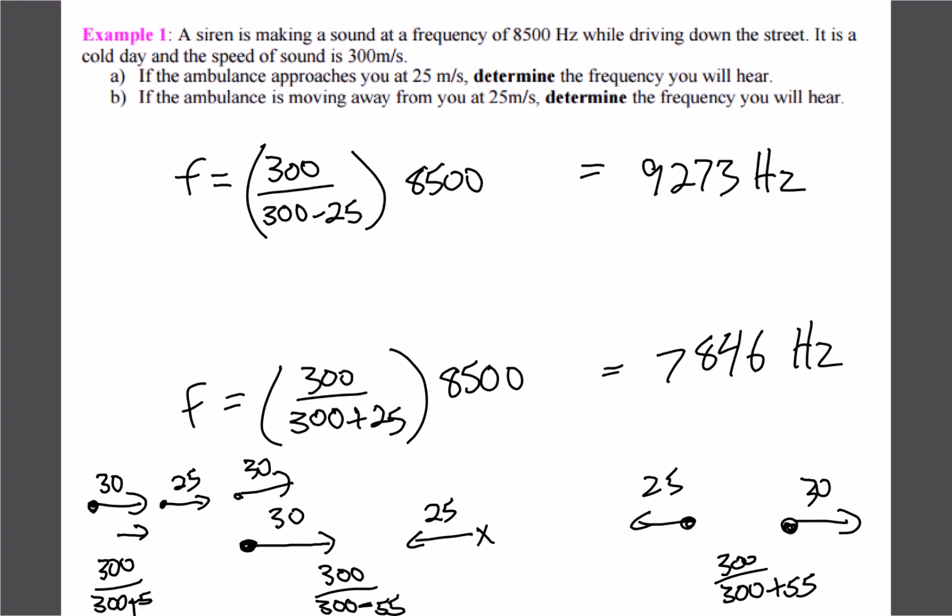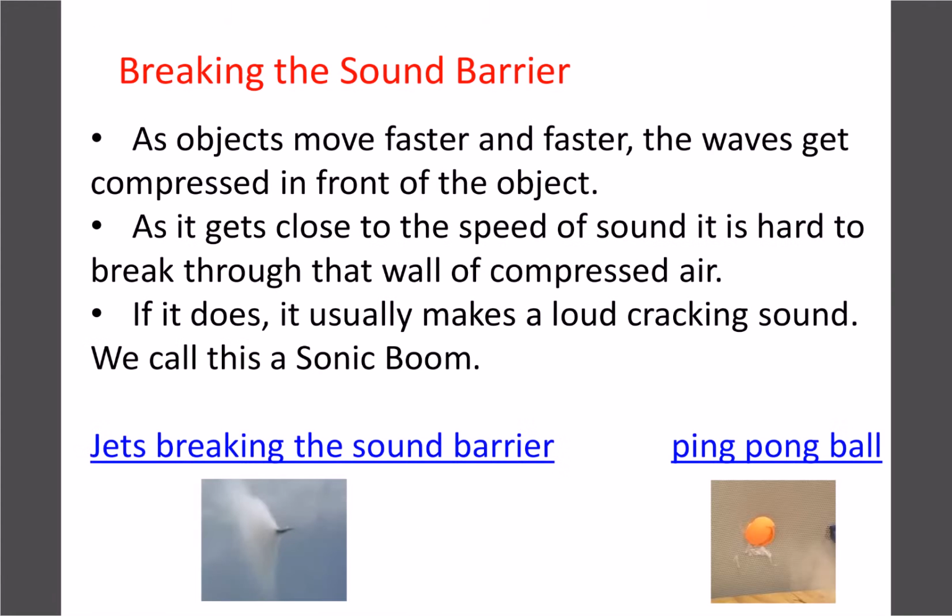Those kinds of things are a little bit weird, but just use some common sense and put the speeds together if they're going towards each other, put them apart as a plus if they're going away from each other, and that's it. So the last thing we'll talk about quickly is what happens if you actually go faster than